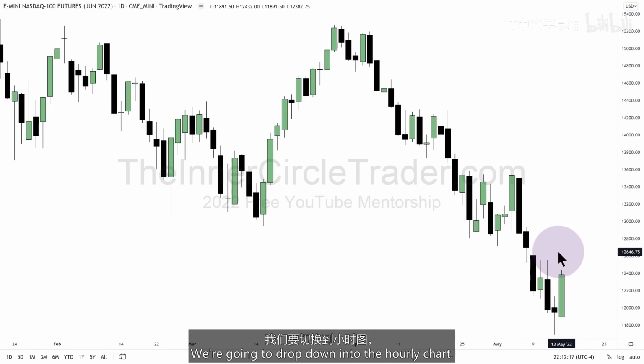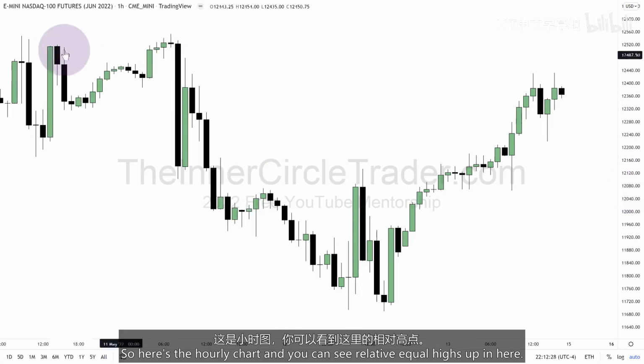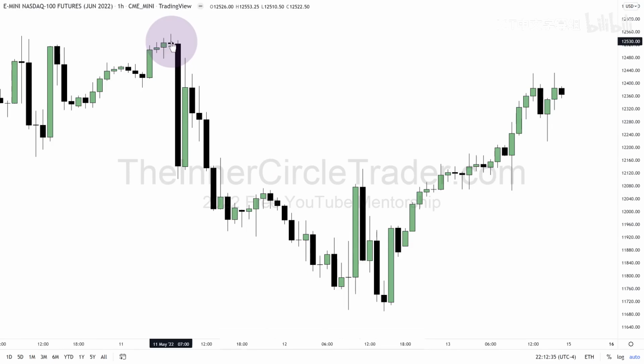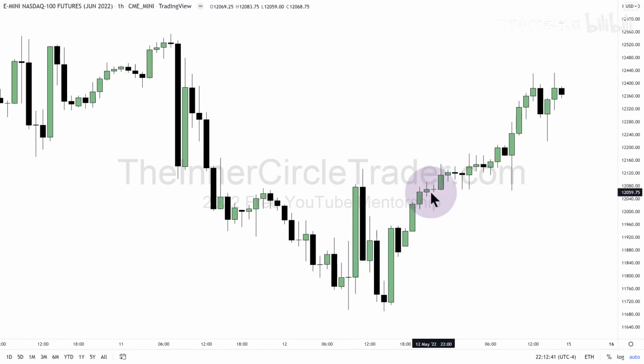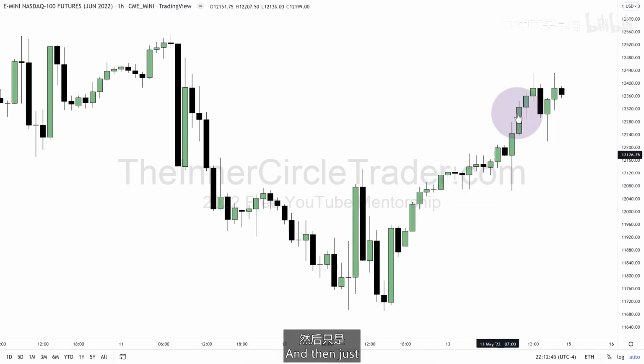We're going to drop down into the hourly chart. All right, so here's the hourly chart, and you can see relative equal highs up in here. Look at the high of that candle there. That's the 12,553 and a quarter level. Okay, so that's what I'm framing it on. And we traded down, started to run higher. We had a shift in market structure here. And then just notice how we have had